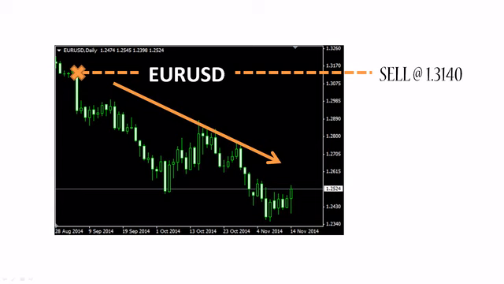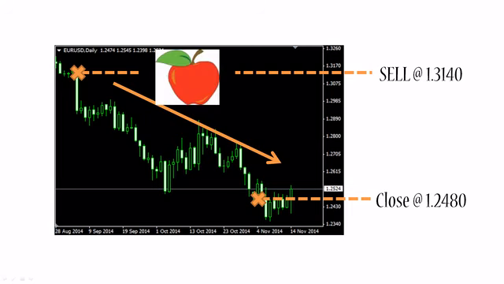He would sell at about 1.3140, and as we recall, that means that every 1 euro is worth 1.3140 US dollars, and then he would close the transaction at about 1.2480, meaning that in that point in time, every euro is worth only 1.2480 US dollars. So as we did previously, let's simplify this example by talking about apples, and now let's look